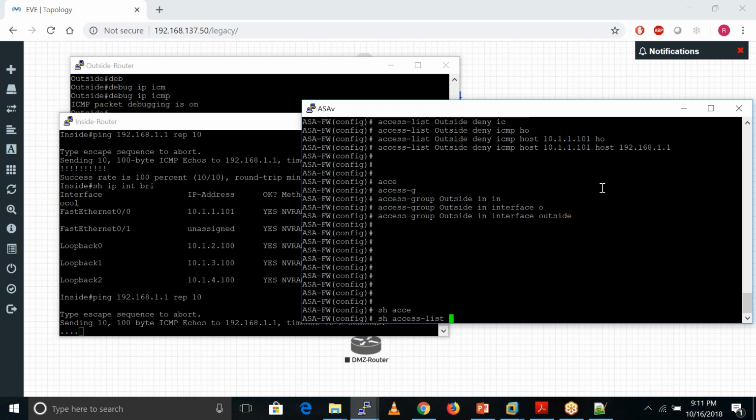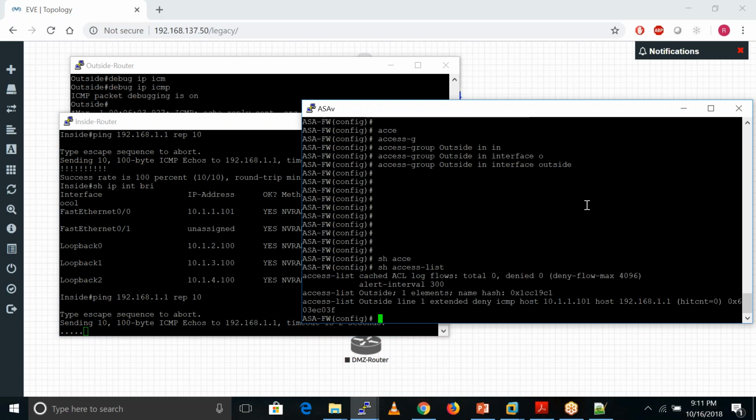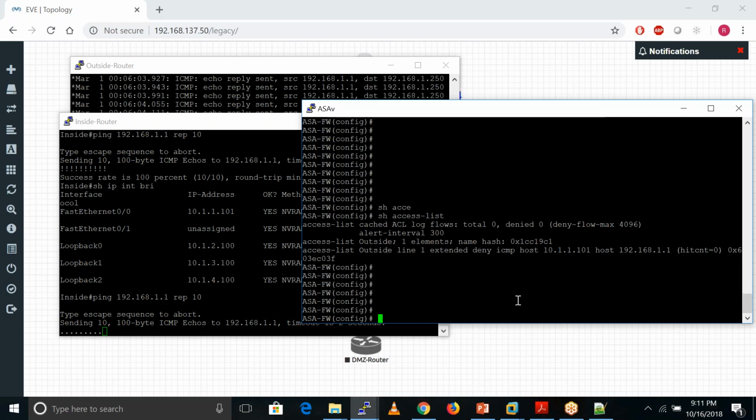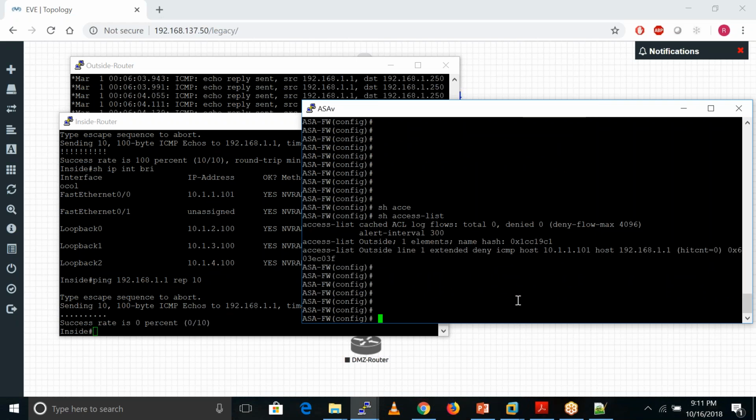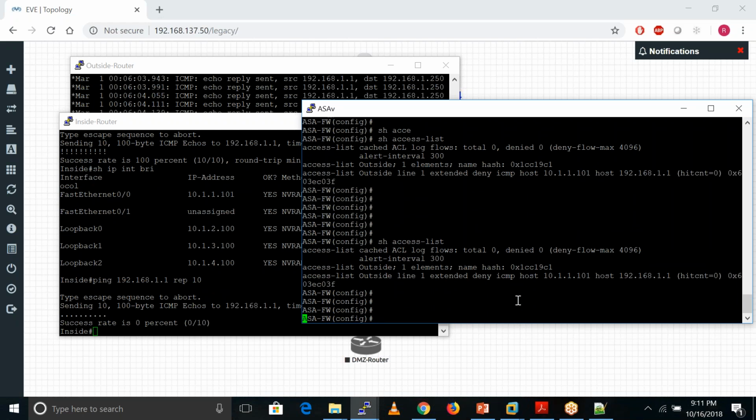So if you run the show access-list command, this is the ACL which is denying this traffic. That is the way you can permit or deny the traffic for particular ACLs.